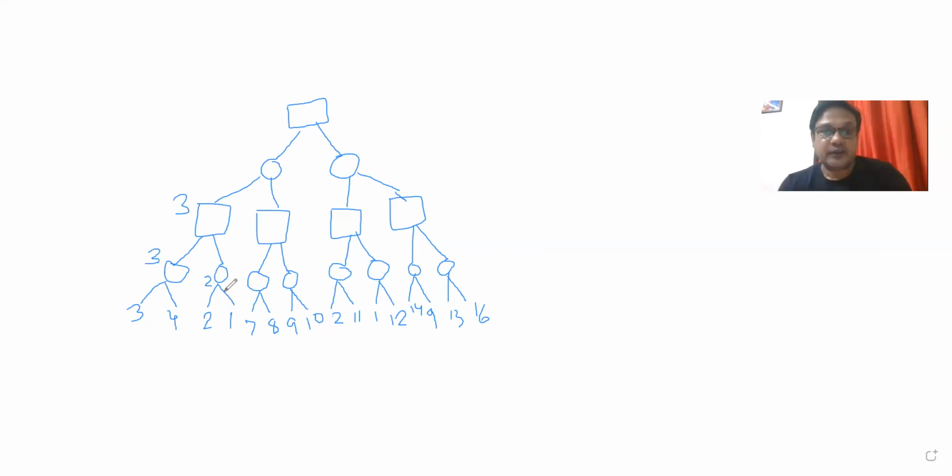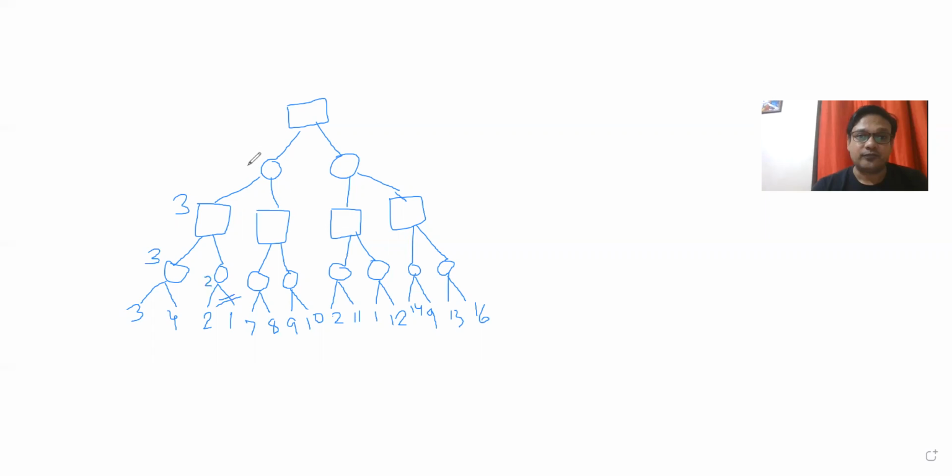If in this direction I traverse, if this value is less than 2, it will be less here, but there will be no effect on this max value, meaning the alpha value. If it is greater than 2, there will be no effect here. So there will be no effect here also. So these can be discarded.